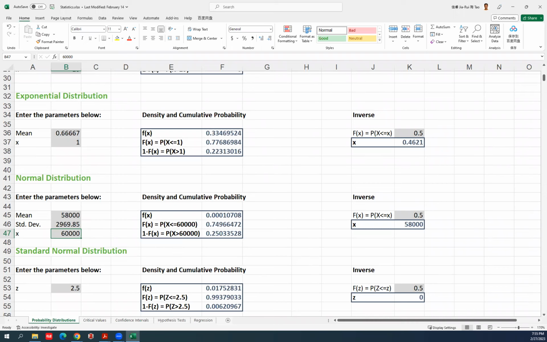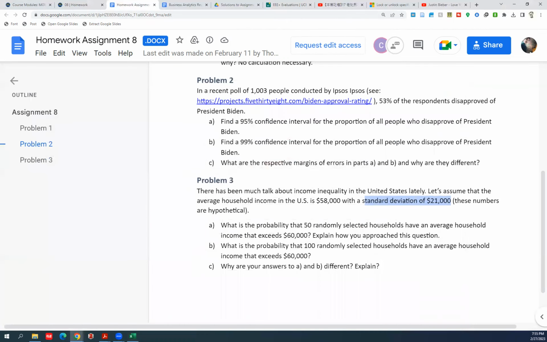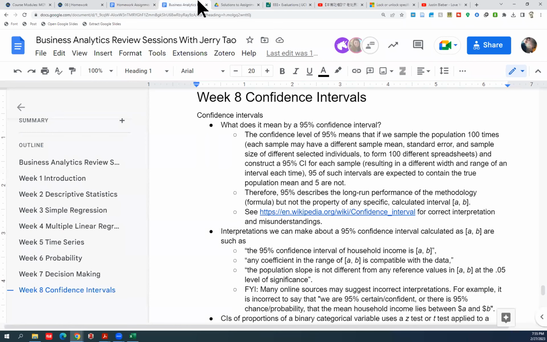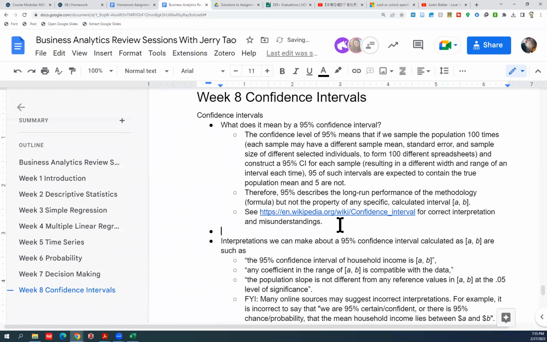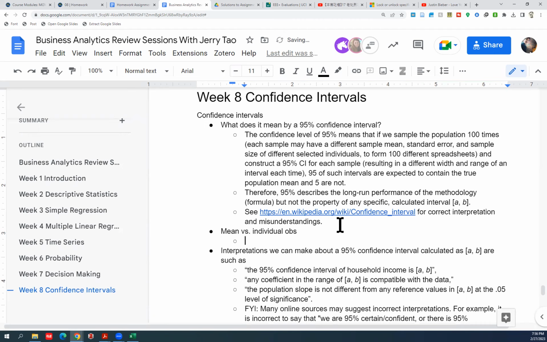And enlarging the sample size would make the measure of the sample mean more precise. However, I think what's more important is to understand the difference between whether the question is about the sample mean or individual observations. So let's make another section: mean versus individual observations. So if the question gives us a mean, or if the question is about the mean,